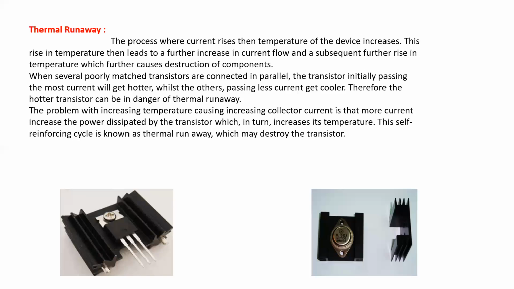The picture shows the component mounted on a heat sink, and heat sinks are nothing but metallic parts. They are used to dissipate the current and the temperature from the device, and it is open to the atmosphere. So the temperature of the component is maintained and it is protected from overheating.